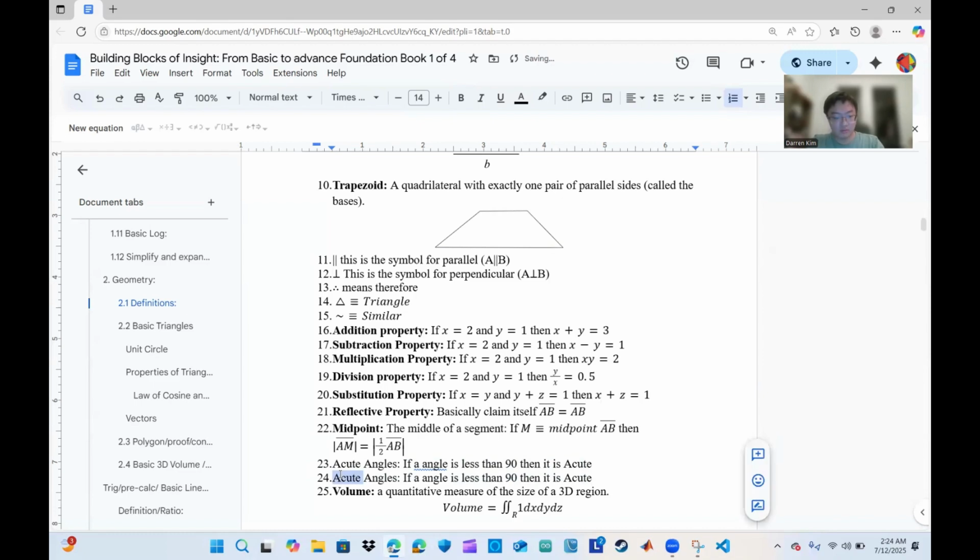Let me think of the spelling. It's O-B-T, yeah. Obtuse: an angle is obtuse if it is more than 90. If you haven't noticed, I'm not going to touch more on obtuse angles and acute angles